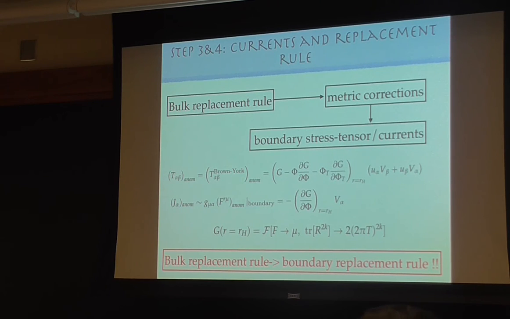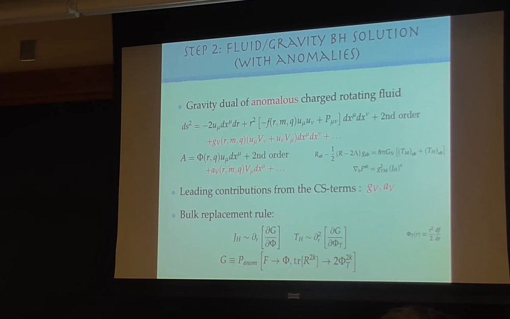But if all you need is the anomaly polynomial, why do I have to worry about this detailed form of the metric you presented? Well, the boundary is supposed to be in the hydrostates, right? So in the bulk, you have to prepare the dual of the hydrostates. If I compute at zero temperature, then in the bulk I just have pure AdS. Now I need to heat it up, I need to have hydro. So this is the way to prepare an anomalous charged fluid in the bulk. If you have a rotating black hole in the Einstein-Maxwell Chern-Simons theory, that would be the dual of a finite temperature anomalous fluid.